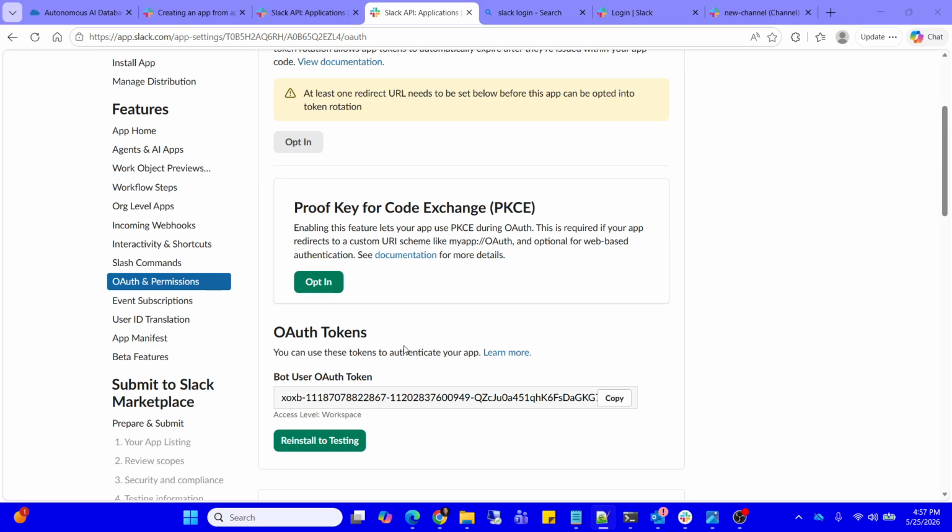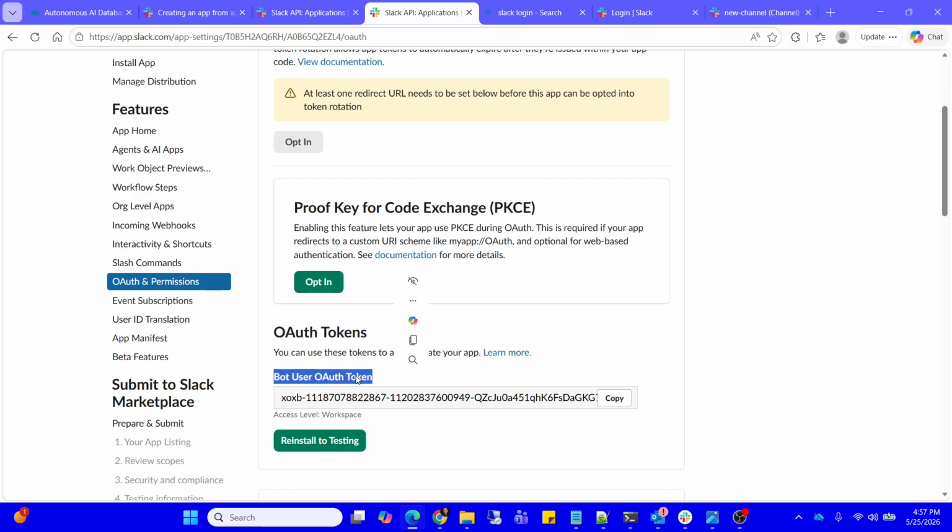Okay. So now you see the bot user OAuth token. This is necessary. I will show you where and how this bot user OAuth token will be used. Okay. So before that, let me